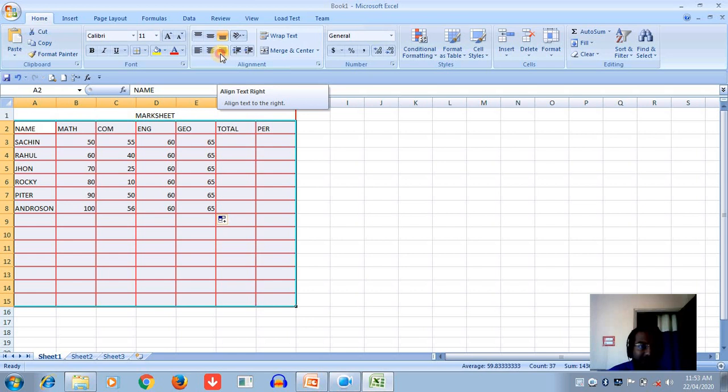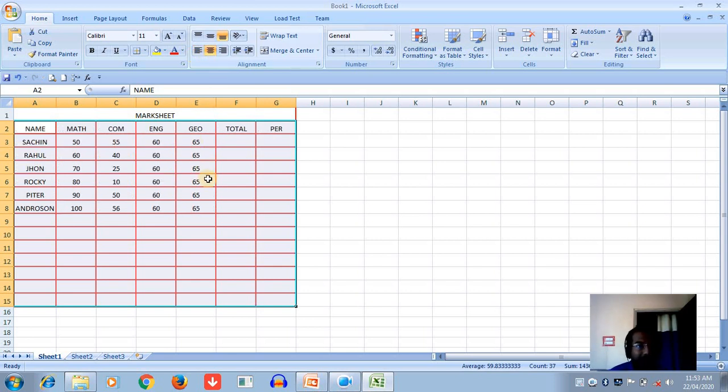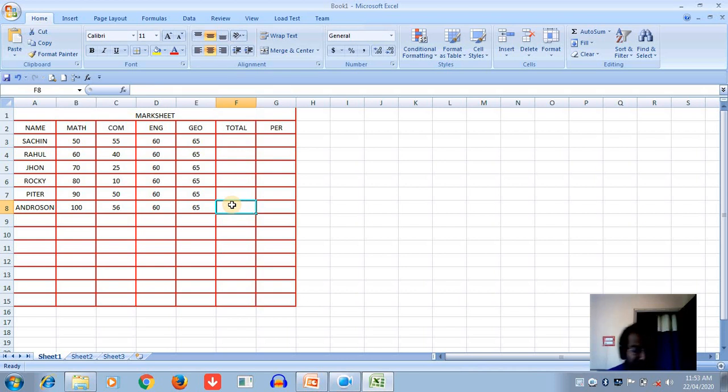So first we have to apply the right side. The text is aligned already on the right side, here left, and that is the center. Okay, so all the text is shown as center. Here is center middle. Okay, that is also upper. So all of the text is positioned at the center and the alignment is also center. So I hope students you understand changing the alignment of the text using the alignment group, and these are the options I have already applied for decorating the text alignment center.